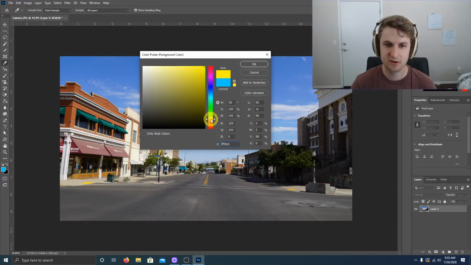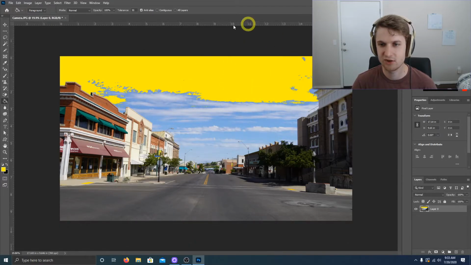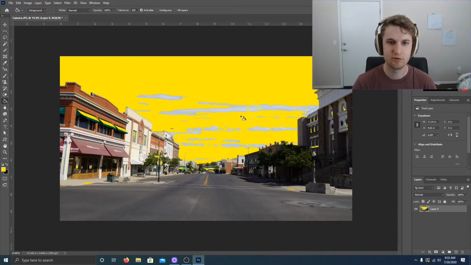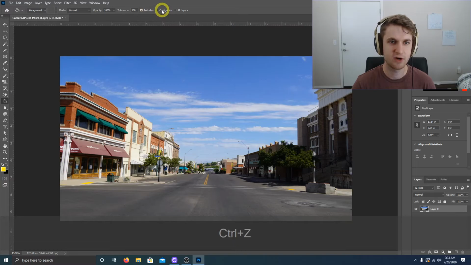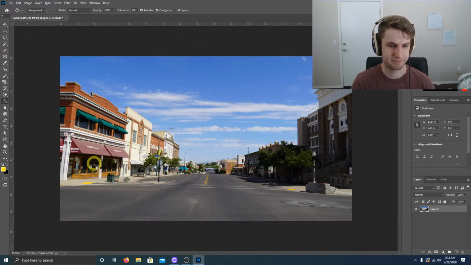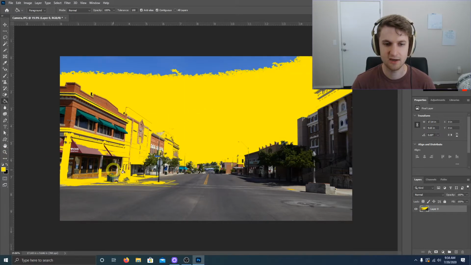Paint bucket takes a color and tries to fill it in with a different color. Yellow probably is a really good example for this one, but it just tries to fill in the sky with blue. And again, tolerance, boom, bump that up to 100. Oh, it tries to fill in everything, everywhere. Boom, check that box. All right, it tries to not do that. That was already yellow. Anyway,